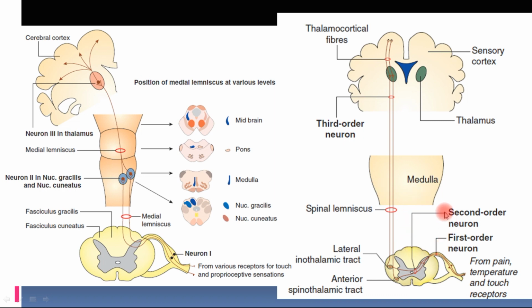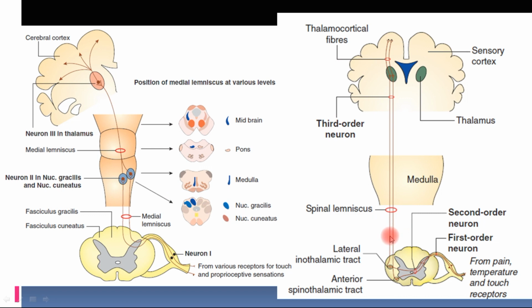Whereas when we compare the anterolateral system, that is lateral spinothalamic tract and anterior spinothalamic tract, what is happening here is it enters the spinal cord from the left side and crosses over at the same segment or a few segments above or below, and then ascends in the spinal cord on the opposite side, as compared to the dorsal column pathway, which is ascending on the same side of the spinal cord.